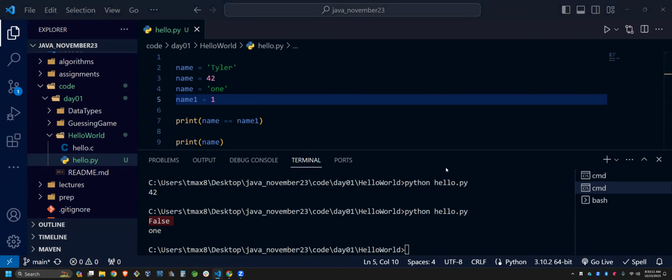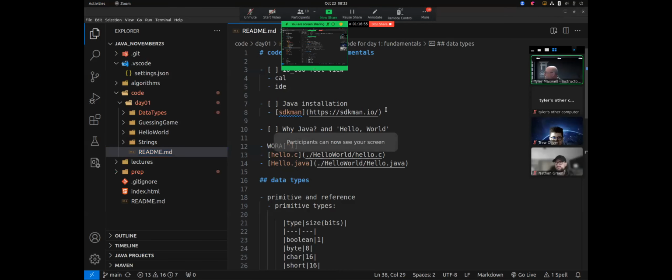Okay, so the cool thing about Java is if I write code on a different computer, which I'm about to do. Let me stop sharing here. Bear with me. This is the first time I've tried this, so let me share this screen. Oh boy. Oh my gosh. Okay. You guys see my screen? Yes, you do. Okay, cool.